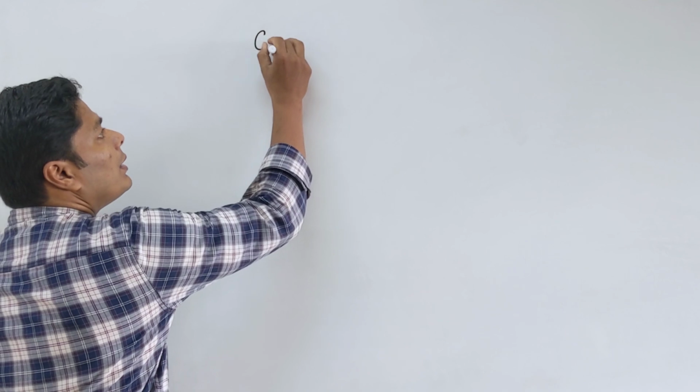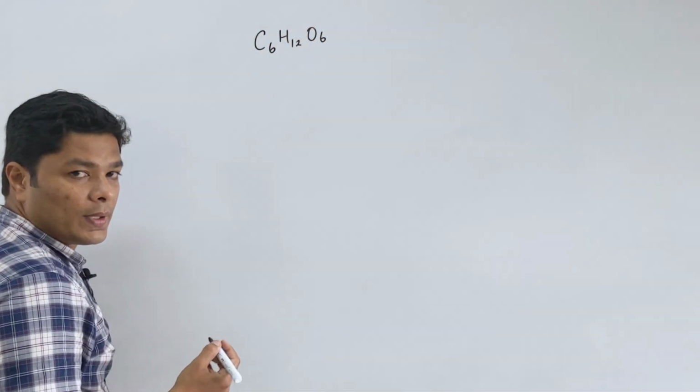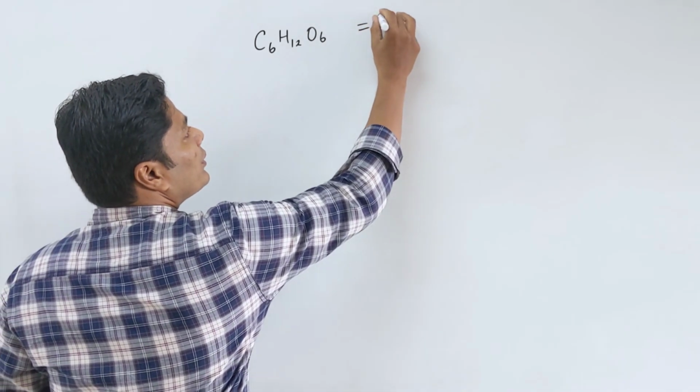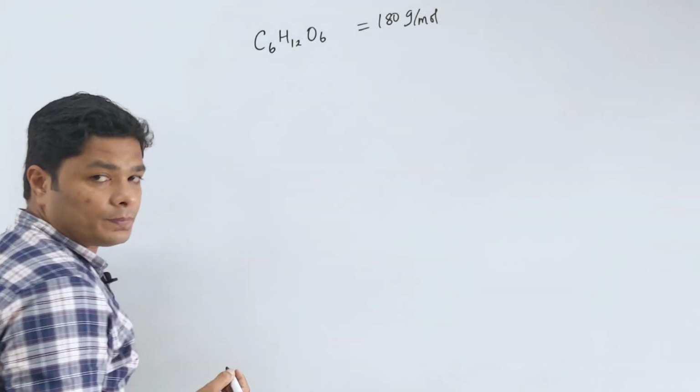Glucose example will keep coming back in NEET. One thing, if at all you want to remember about glucose, obviously the molecular formula, but the other thing you want to remember is the molecular weight of glucose, 180. It makes life easier. So they are asking you what is the mass percent of each element in glucose. So glucose is C6H12O6, right? And the molecular mass I told you to remember approximately is 180 gram per mole. You want to remember this.